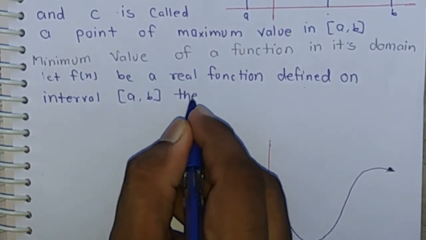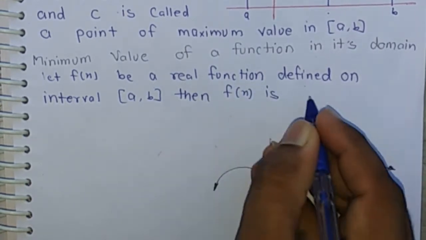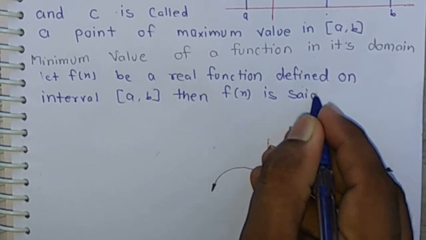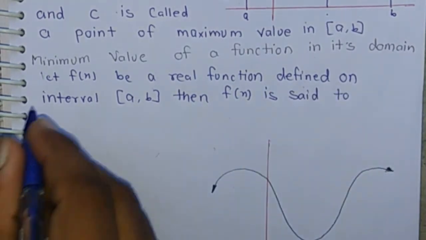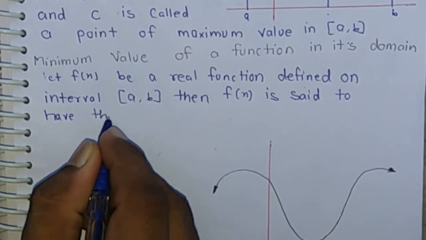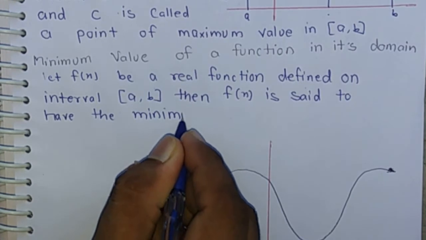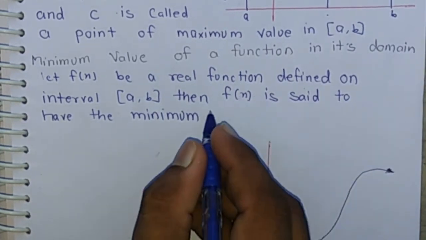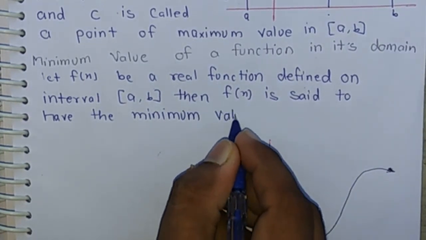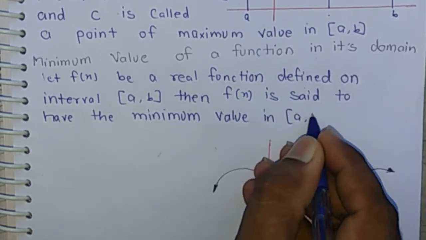Then f(x) is said to have the minimum value in closed interval [a, b]